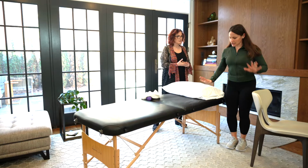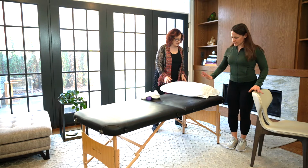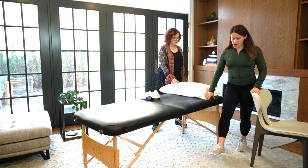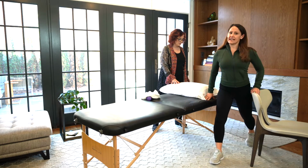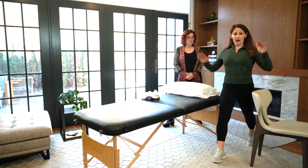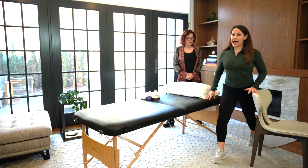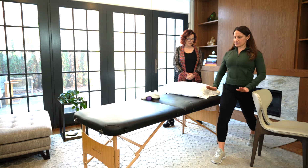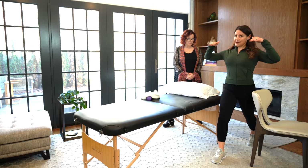So I like to use a little bit of support to do it. You can put 2 chairs. I'm just going to use the table here and the chair. You're going to stand in a staggered stance. Now you're working your front leg. As you do a lunge, you don't want to lean forward or back. Think about keeping your shoulders over your hips and lowering yourself like an elevator